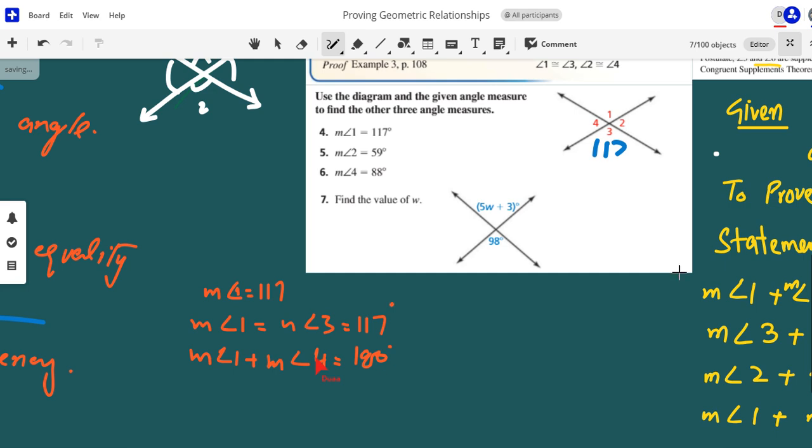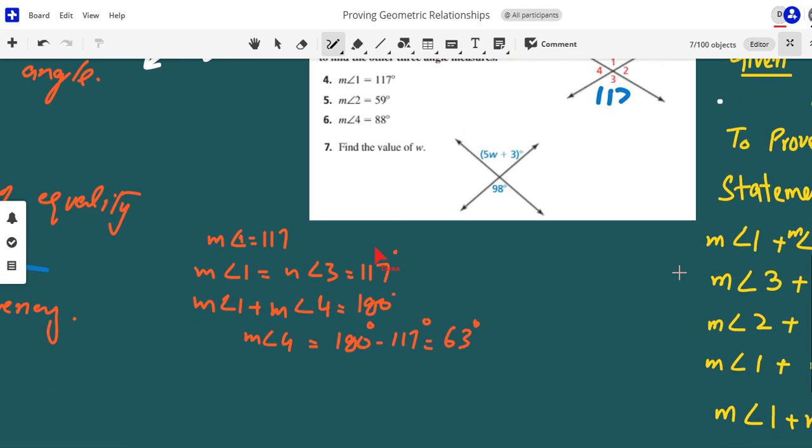So that means measure of angle 4 will be equal to 180 minus 117, which is equal to 63 degrees. Then measure of angle 4 equals measure of angle 2, hence angle 2 would also be 63 degrees. Okay. Similarly,